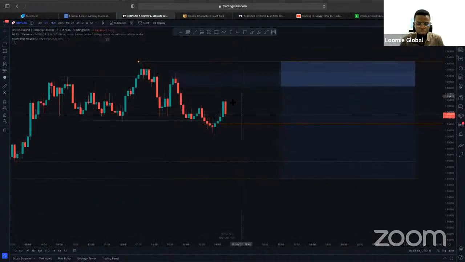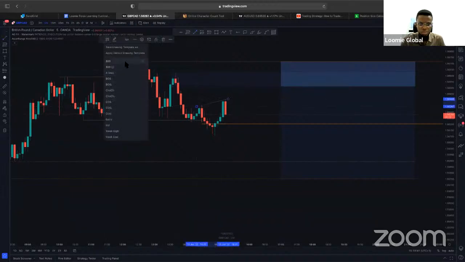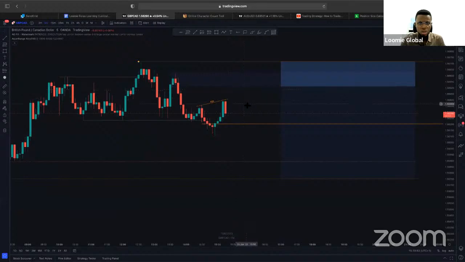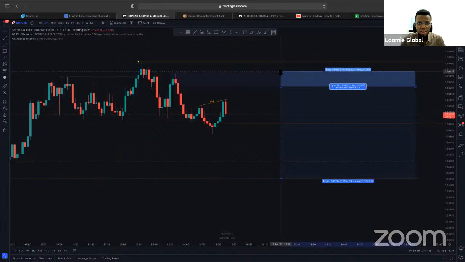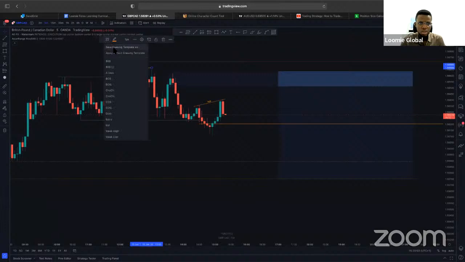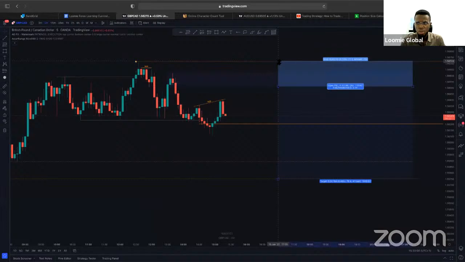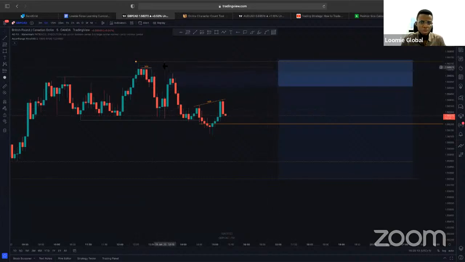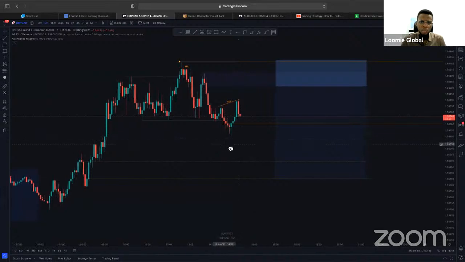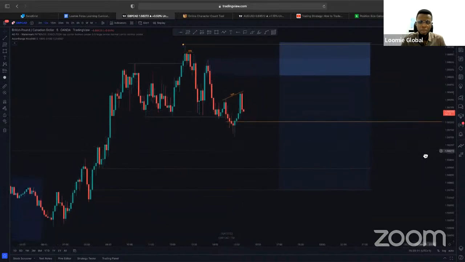And I would see these as liquidity being built up to feed into our point of interest. Ideally, my stop loss should be around this high, but again, I'm wary of some of these equal highs that we have right here. So just to be safe, that's why we're putting our stop loss right up there. Just in case price wants to throw a wick above there to clear people who have their stop losses there.